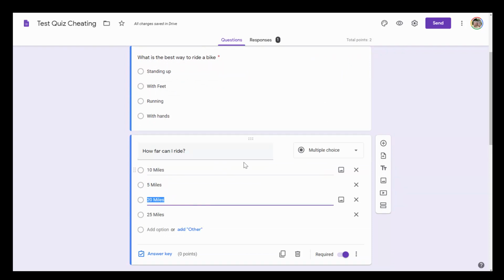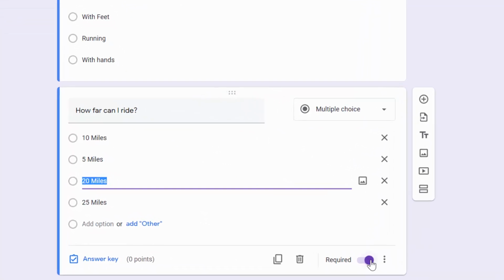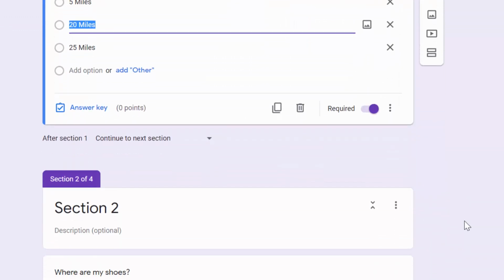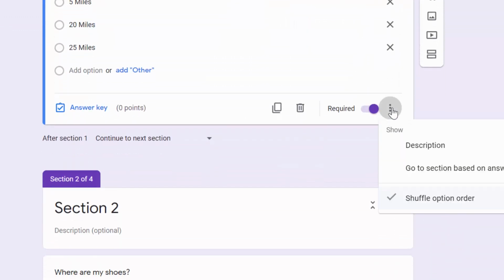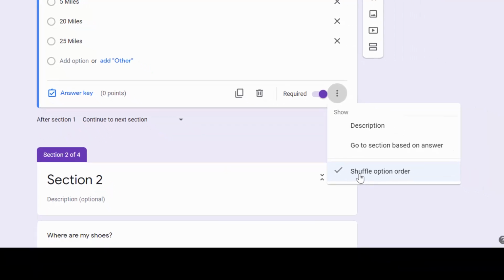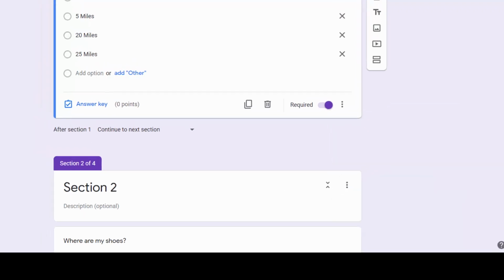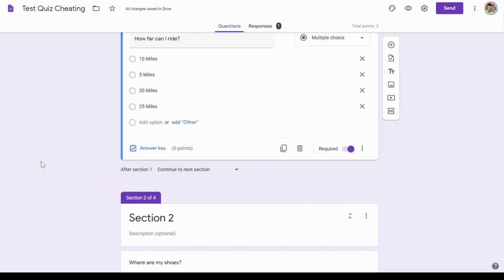show you here on a question, and you might want to make sure that all your questions you have the required button clicked on them. And then if you come over to the settings, you want to make sure you have the shuffle order option set. That will change the order of the answers and once again make it more difficult for them to cheat on that. If you're using a classroom with